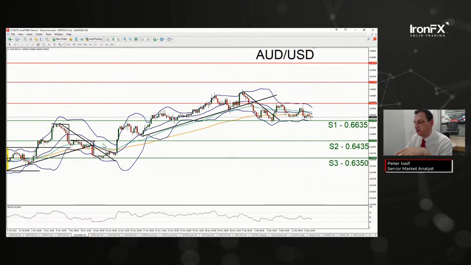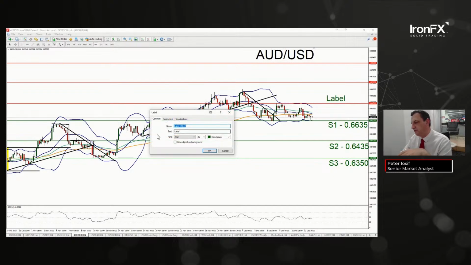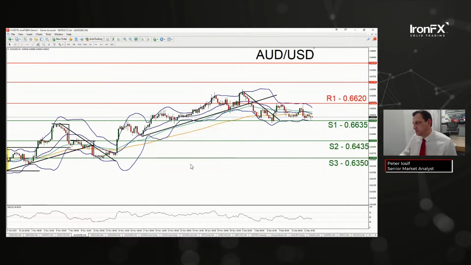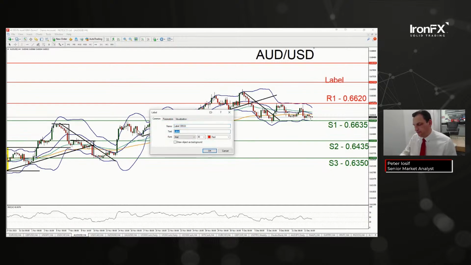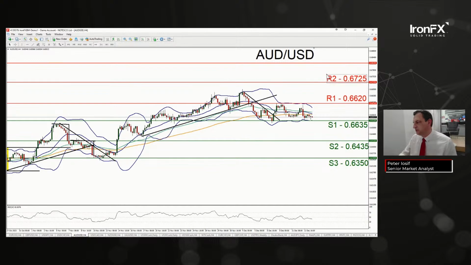Okay, to the upside, should the bulls take over? However, that's not our case for now. Nevertheless, should they take over, then for a bullish outlook we would require AUD/USD to breach the 0.6620 resistance line, with the next possible target being around 105 pips higher. That would be the R2, 0.6725. And as an ultimate bullish scenario, I would be noting the 0.6820.